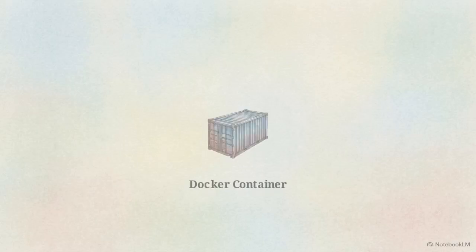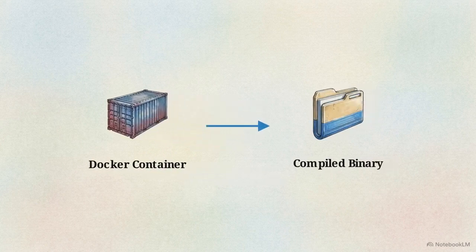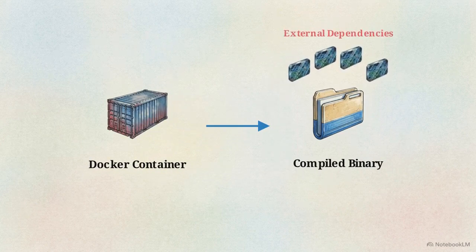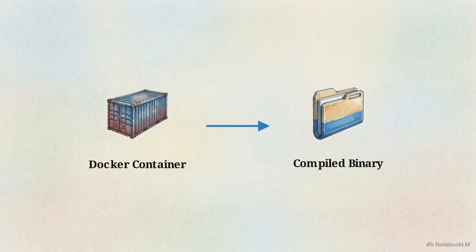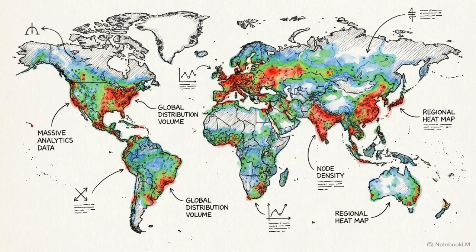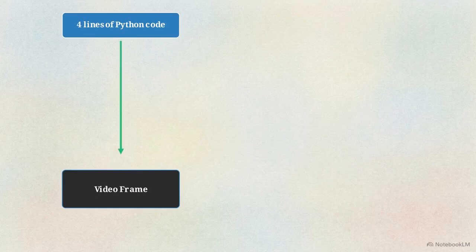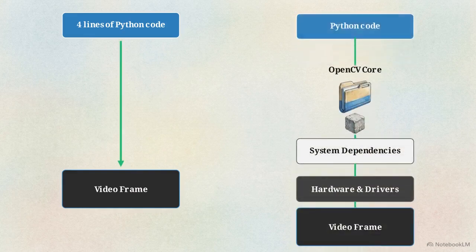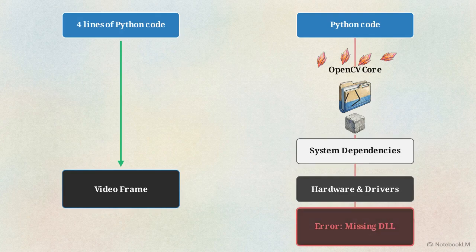To produce these wheels, the build toolchain uses specific Docker containers to compile the code and then scans the resulting binaries for external dependencies. Utilities then bundle those shared libraries directly into the finalized package to prevent runtime errors. Abstracting the compiler logic into these statically linked wheels is the primary mechanism for sustaining distribution velocities that now exceed 1 million daily installations. OpenCV offers significant prototyping speed, but translating that code into high-availability commercial environments often reveals structural